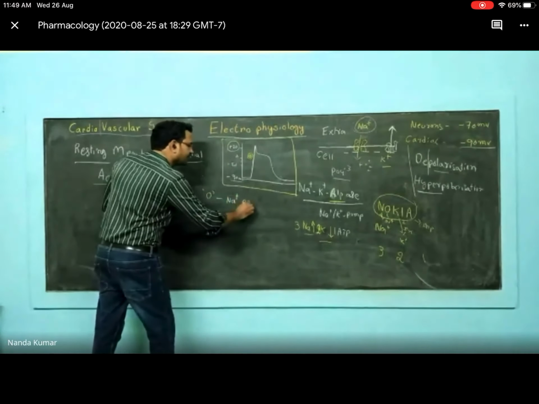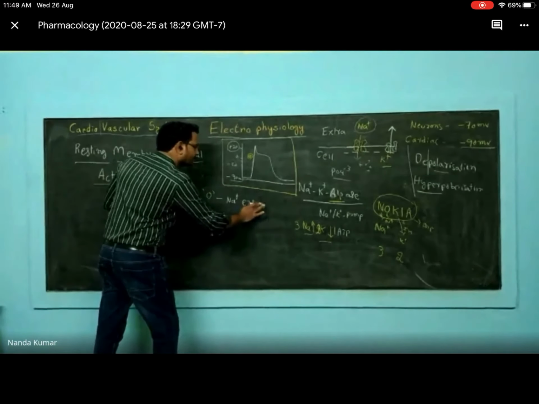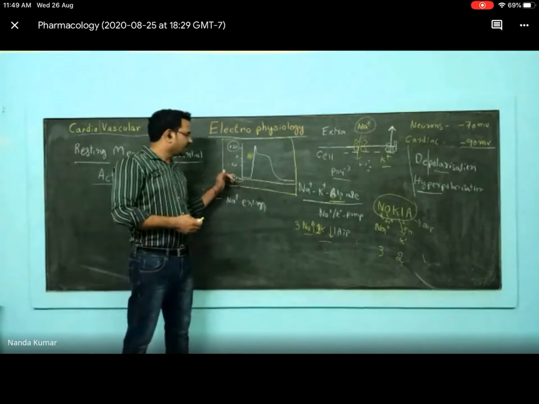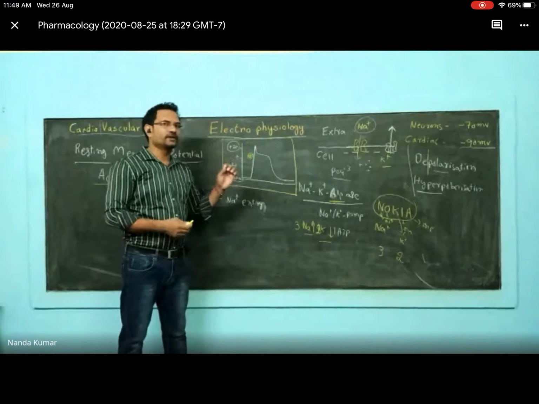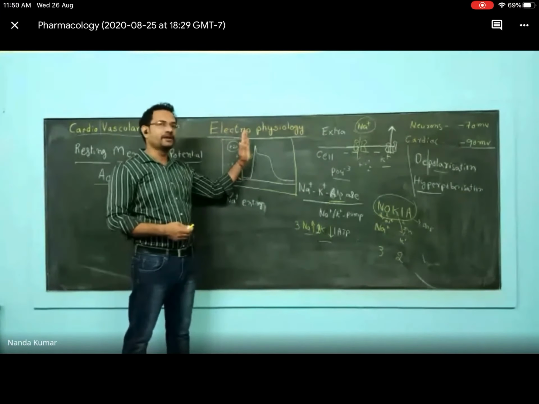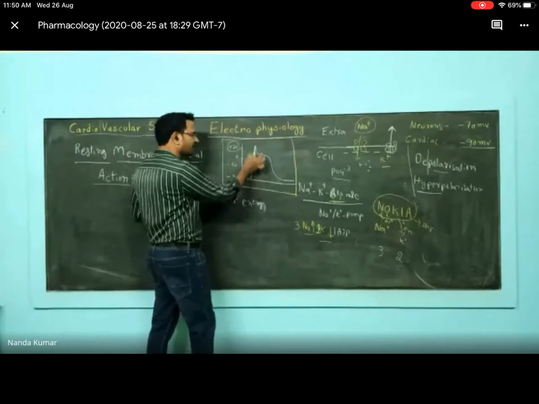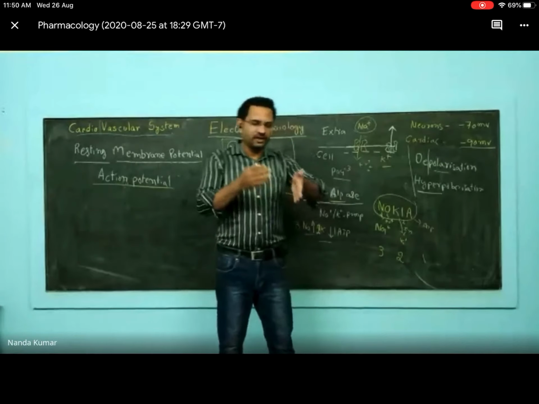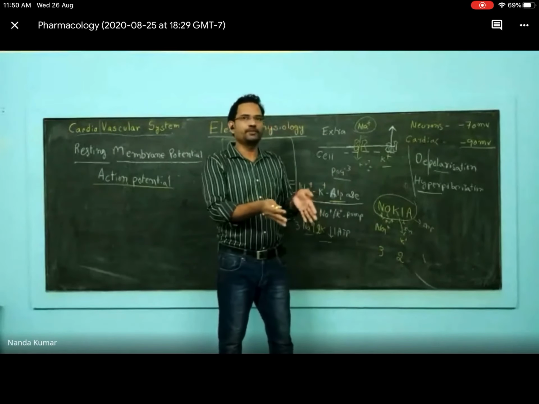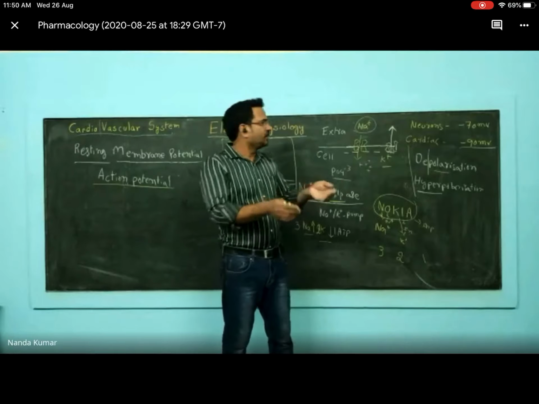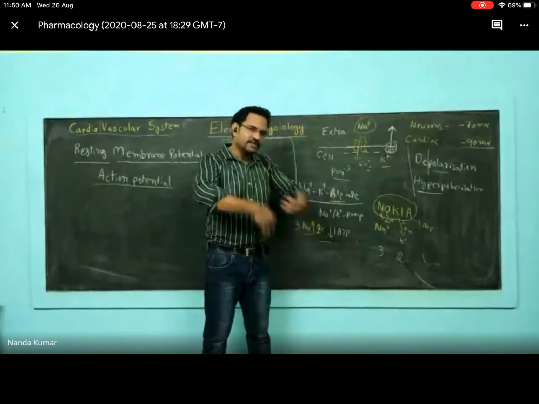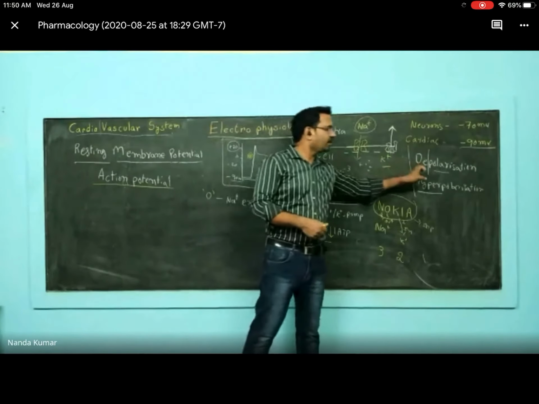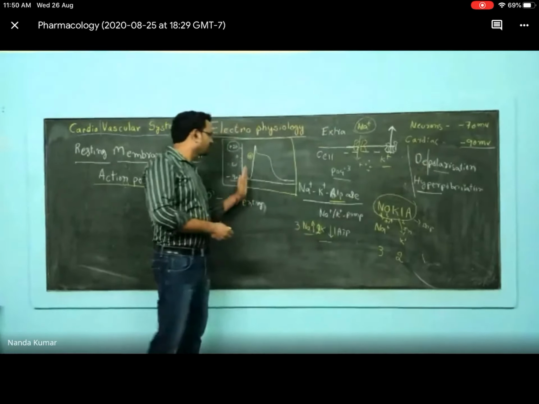So in the zero phase, sodium enters into the cell. Because sodium has got a positive charge, that minus 90 is converted into positive. So this is nothing but a rapid rise of depolarization. You can see it is rising very sharply. See, everything happens in a millisecond time. It is not that when there is a stimulation, channel opens and it remains open forever. No, it just opens for a millisecond. Because all of them are small ions, so many ions rush inside the cell. Once they come inside, they change the polarity. Change in polarity is called depolarization. That is what the depolarization spike is.